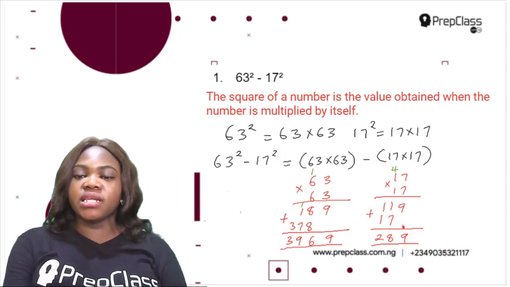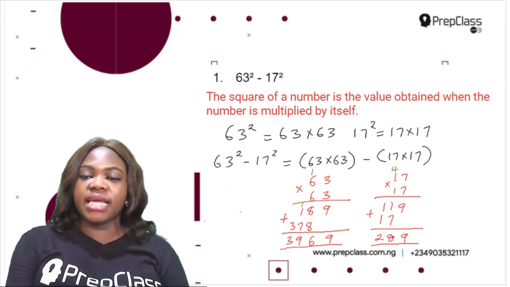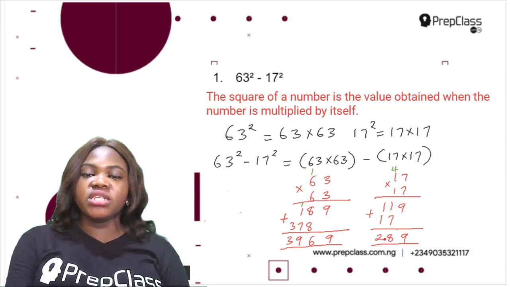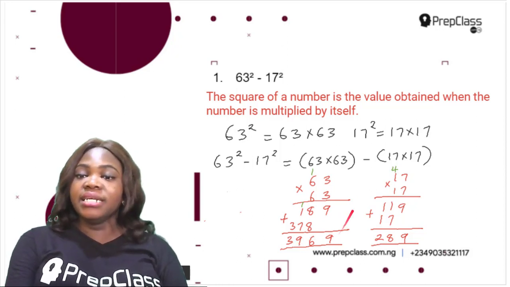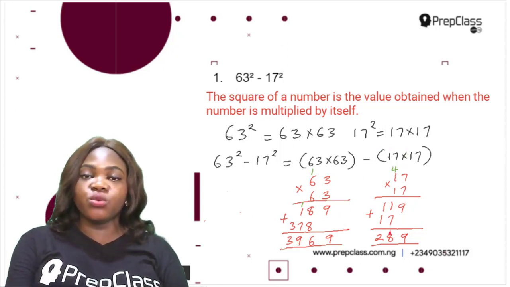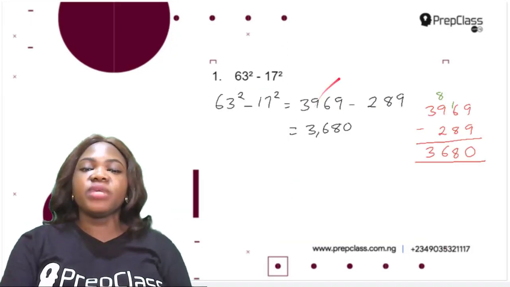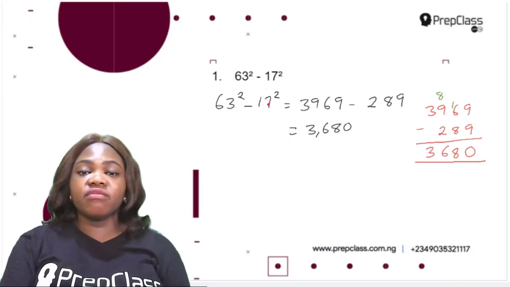Okay, so 9 plus nothing is 9. 1 plus 7 is 8. 1 plus 1 is 2. So this means that 63 multiplied by 63 is 3,969. Then 17 multiplied by 17 is 289. So this means we now have 63 square minus 17 square as